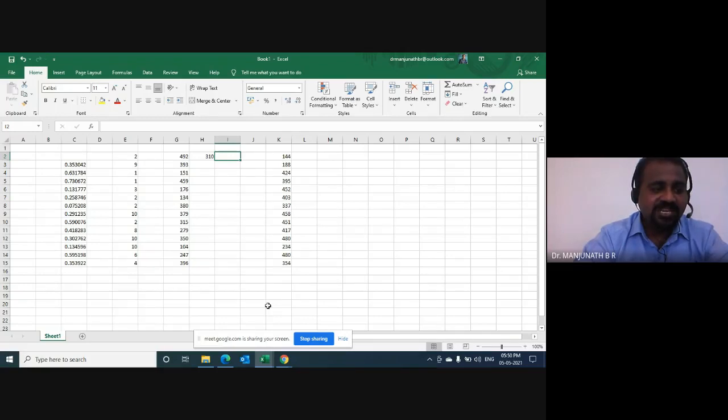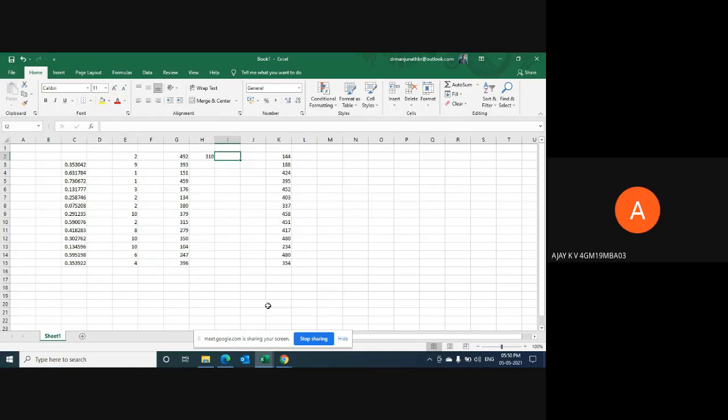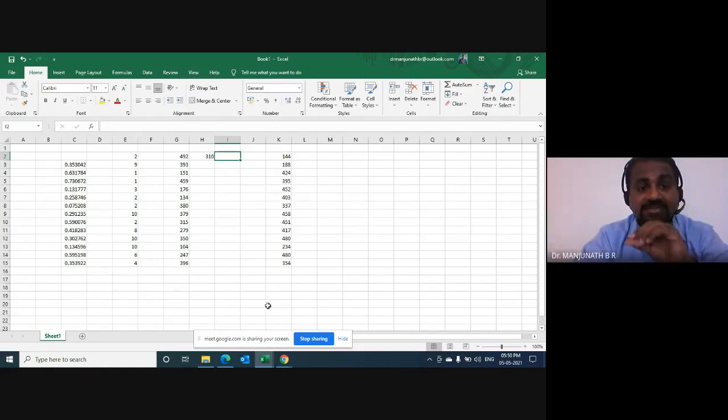That's an absolute correct answer. It is changing. Why is that it is changing? Any guess? "Sir, the formula is random, sir." The formula is random, that is one. And the very first point is that if there is a formula, then you cannot copy the output and then paste somewhere. Now, I will train you something which is very important.